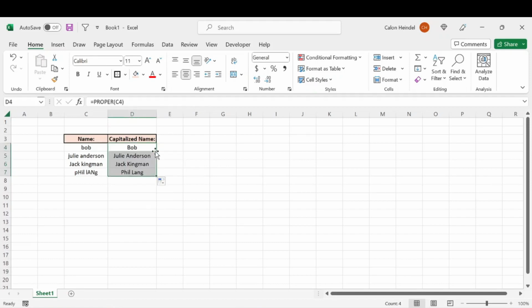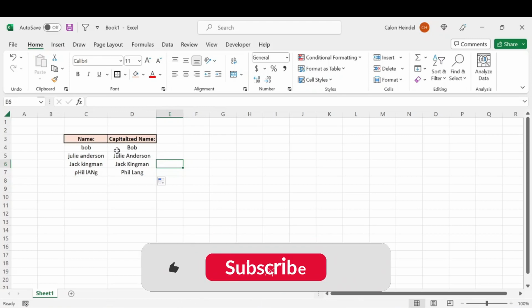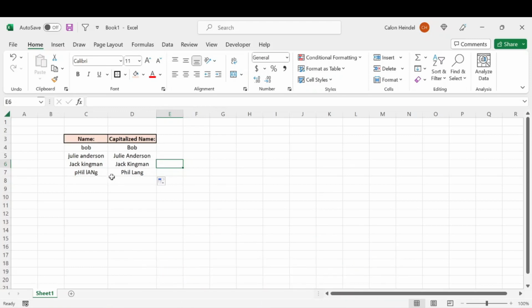If we just drag this down, then we can see that Julie Anderson is also correct, Jack Kingman, and Phil Lang, right? So it's going to uncapitalize the A-N in Lang, for example, getting us the proper formatting for Phil's name. And then, for example, if we change this, let's say, it's actually Bobby Springer, let's just say, then that'll